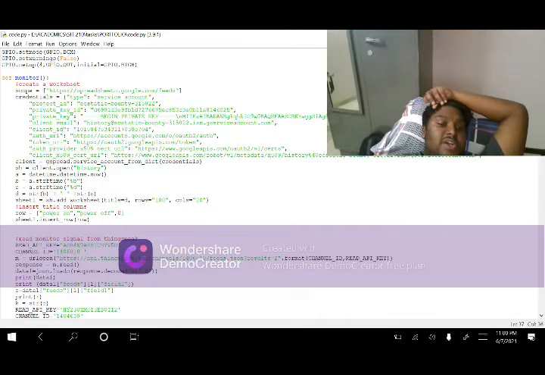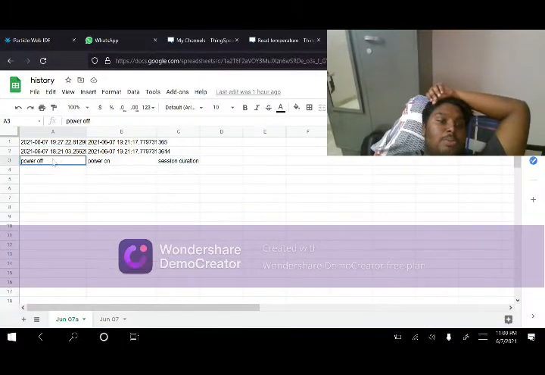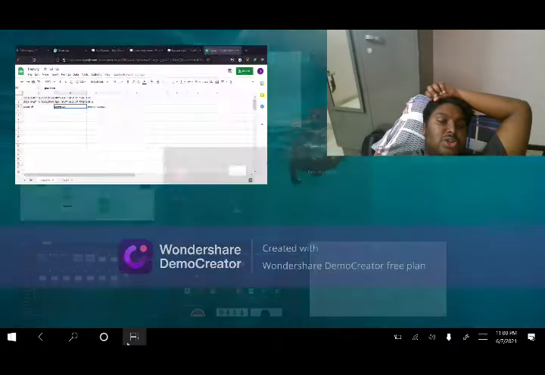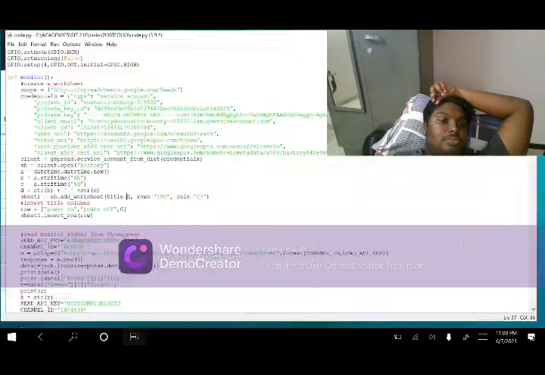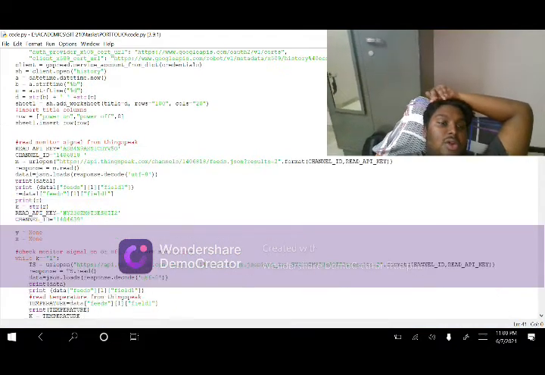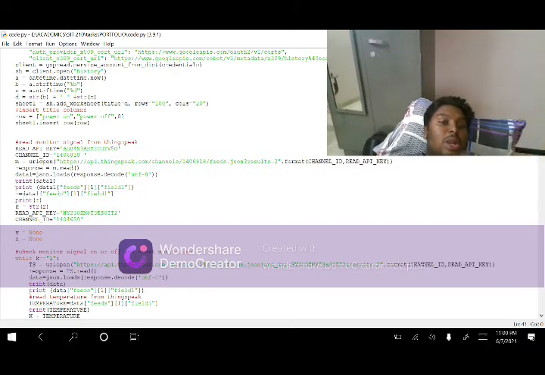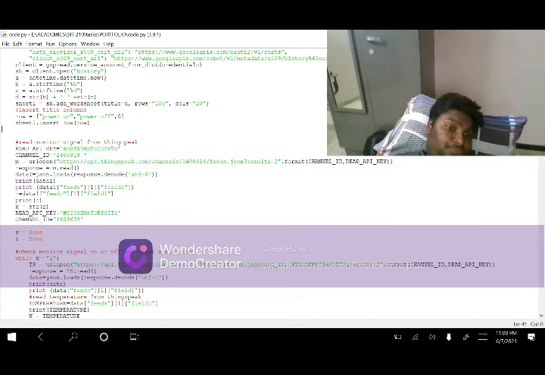So once the worksheet is created, automatically I'm adding these rows: power on, power off, duration. Then once I inserted this row, I'm reading the monitor signal from ThingSpeak. Like, should I monitor or not? I'm just confirming it with my ThingSpeak.